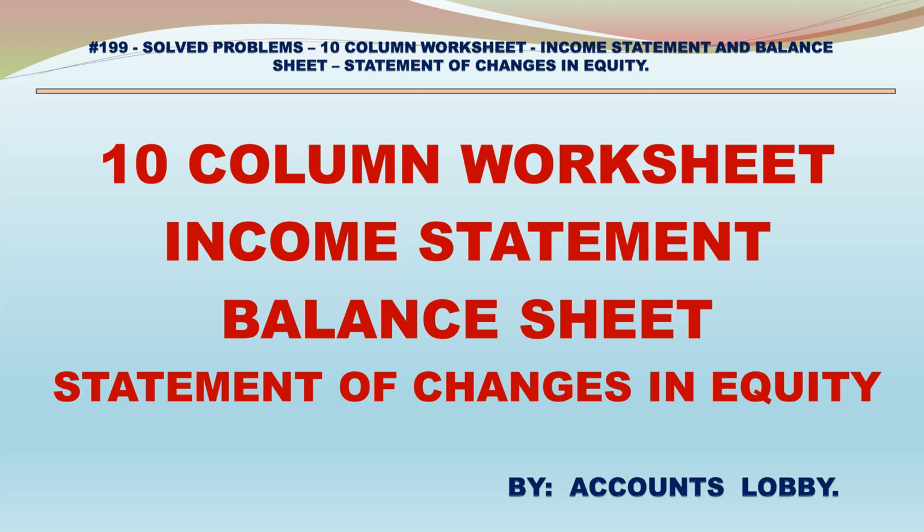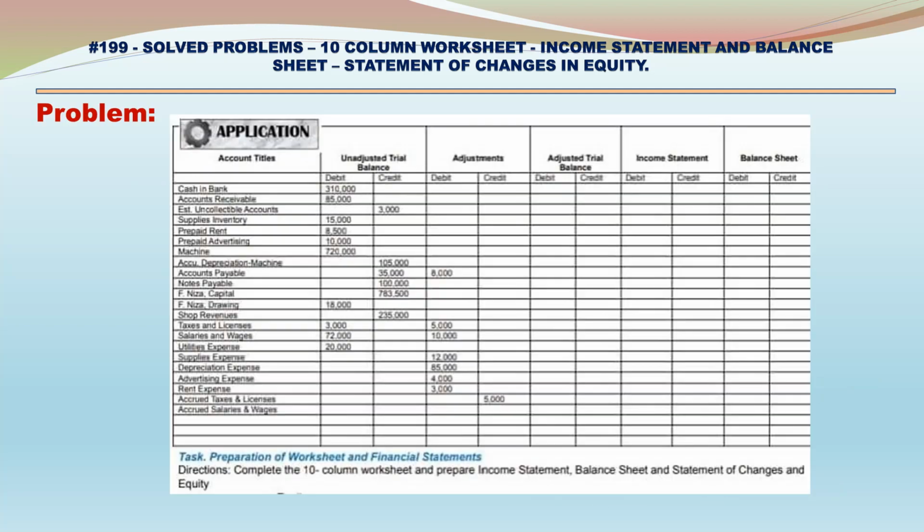Solved problems. 10-column worksheet, income statement, balance sheet, statement of changes in equity. Problem. A 10-column worksheet is given here with unadjusted trial balance like cash in bank debit 310,000, accounts receivable 85,000 debit, estimated uncollectible accounts credit 3,000, supplies inventory 15,000, prepaid rent 8,500 debit, prepaid advertising 10,000 debit, machine 720,000 debit,